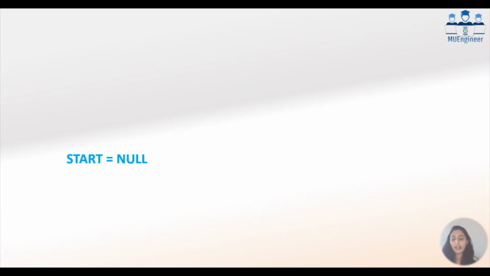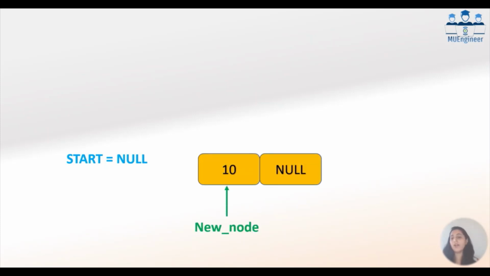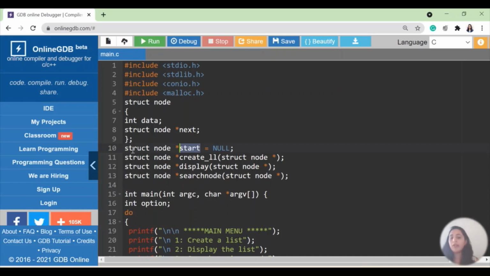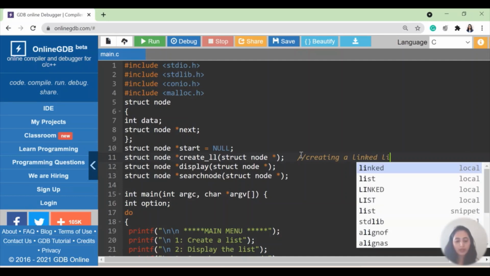Okay, then we will go ahead and see, I want to create the first node and then I have to make my linked list point to the first node. So before going there, we will first see what are the different functions that we will learn in this particular video. इस वीडियो में हम लोग 3 functions सीखने वाले हैं. First is creating a linked list. So the first function, create LL, will help us to understand creating a linked list.